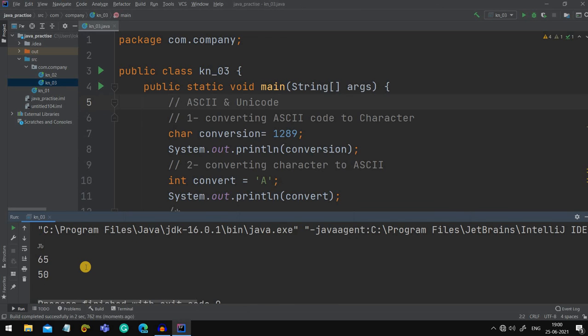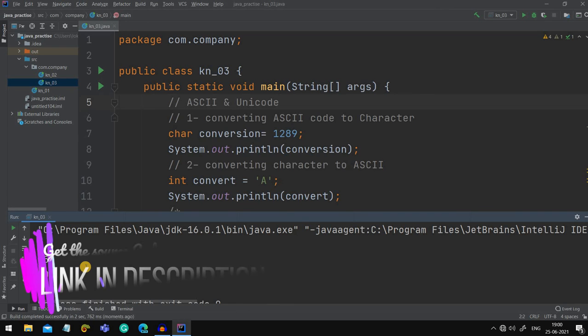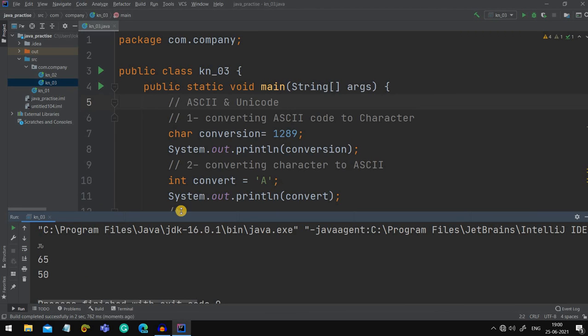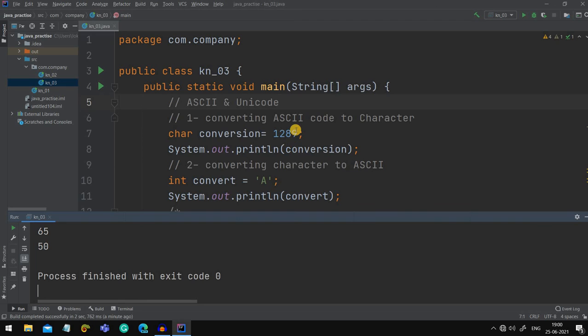I guess there is an increase, but as much as I know it was 0 to 127, but there might be some additions to the ASCII code sequence, so you can search it and get to know about them. Before it was a limited number, 0 to 127, but now I don't know, it might have been updated, so you might get many things here.